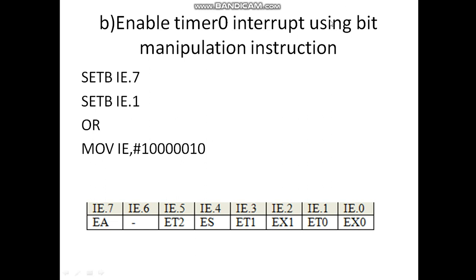Then you have to make timer 0 enable. This is IE dot 1, hence you write SETB IE dot 1. It can be written the other way also: MOV IE comma hash 1 0 0 0 0 0 1 0 B. You need to write B to indicate that it is a binary number. So this is how we have enabled the timer 0 interrupt.